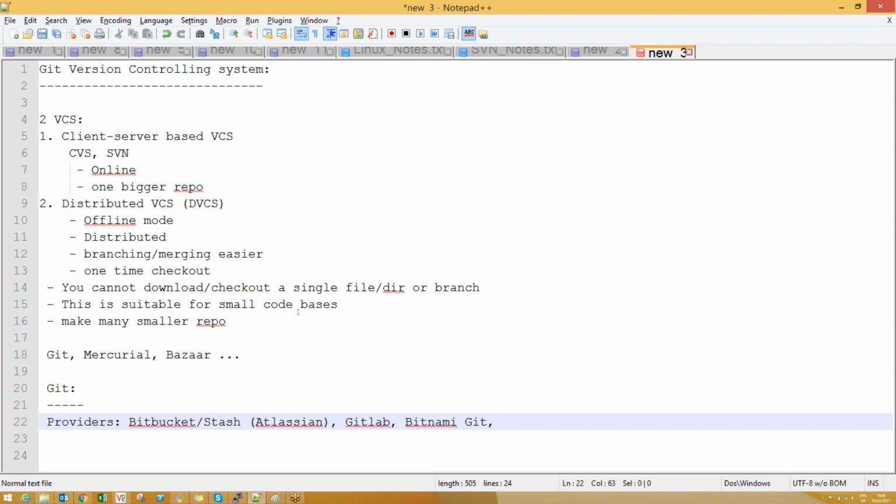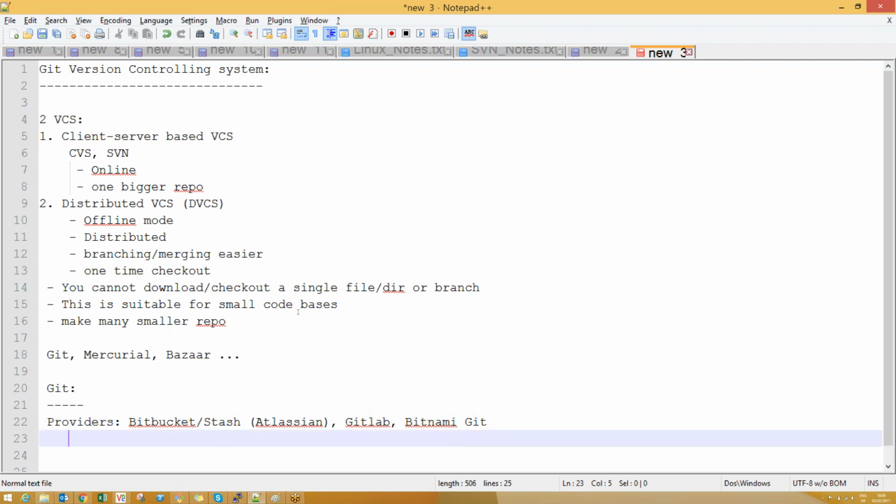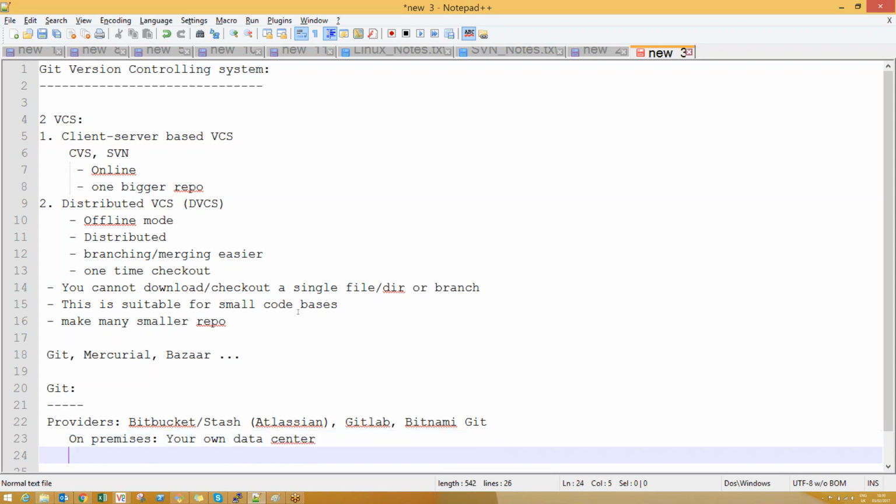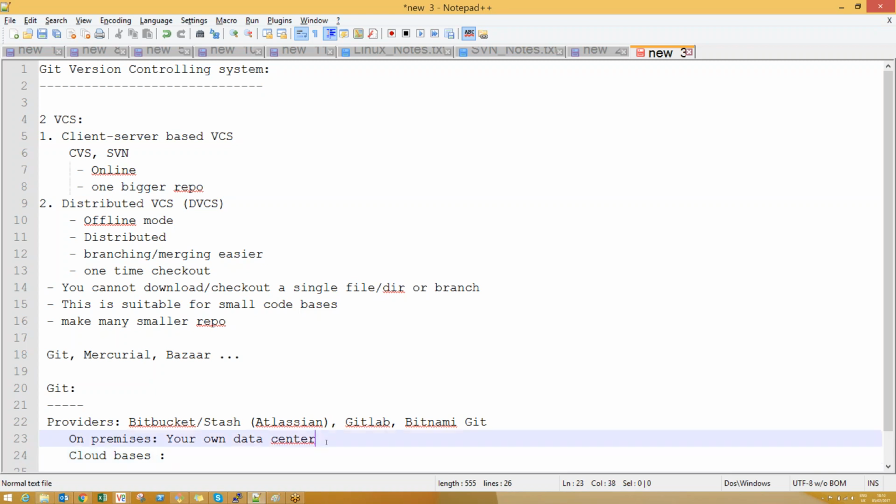What do I mean by on-premises solutions? The Git repository, you can either host in your own data center, or your own server room, and one more option is cloud-based. Suppose we are a big company with 1,000 developers and we have a data center with a number of servers. Then I can choose any one of the servers, set it up, and allow my developers to access it. That type of system. Whatever you did with Bitnami,